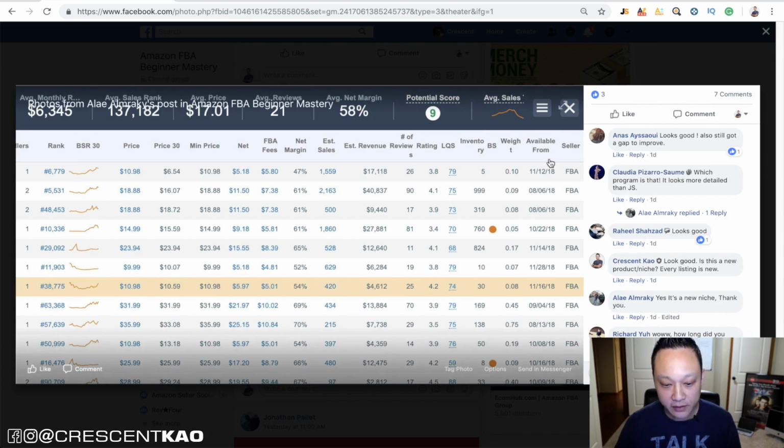Take a look here. So this product research tool is the AMZ Scout product research tool, Chrome extension. And what's great about this tool is that it actually gives you the listing date, when this listing started selling. And you can see here, most of these started selling at the end of last year, 2018. And so what worries me is market saturation. And you can tell that by the influx of new sellers. But in this case, since all of these are new listings, it leads me to believe that it's a new